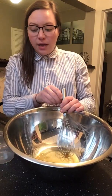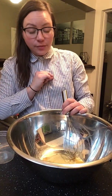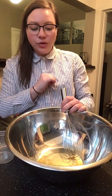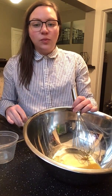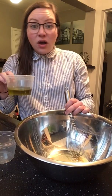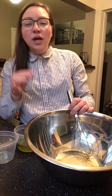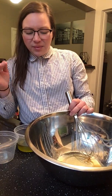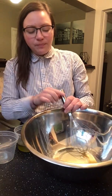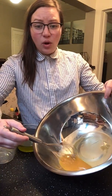most vinaigrettes are made with 3 parts oil to 1 part vinegar or acid. So we're doing a 1/4 cup, which means we need 3/4 cup of oil. A lot of people like to use just olive oil, but I like to do a blend of olive oil and grapeseed, or olive oil and avocado, just something really nice and neutral, because olive oil can be a little overpowering. So what we're going to be doing, you're going to get a tilt on the bowl, and then we're